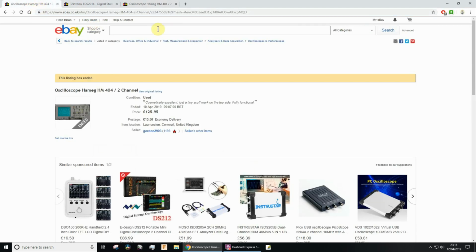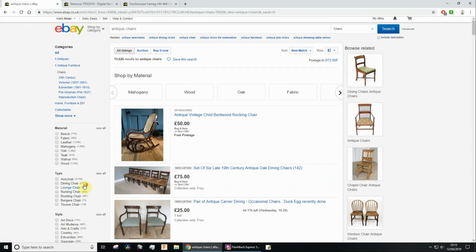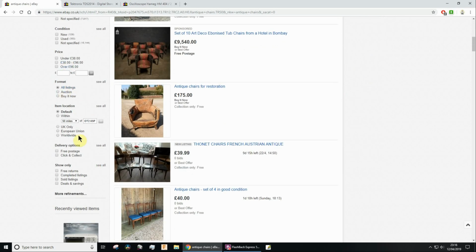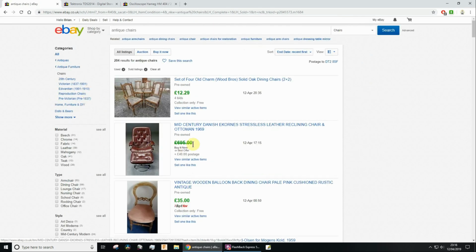Let's search for something completely different. I reckon antiques are probably likely candidates for overpricing. Antique, I don't know, chairs. And we want to search, let's go for used, pretty obvious if it's antique, but I mean, how can you have a new antique? But anyway, it doesn't make sense. Let's have a used antique, and let's go for the sold. There, 695 apparently. Would you pay 695 for that? Me personally, not, but